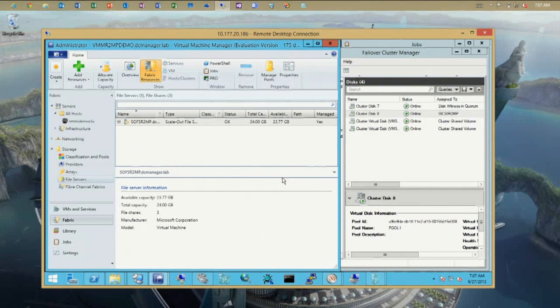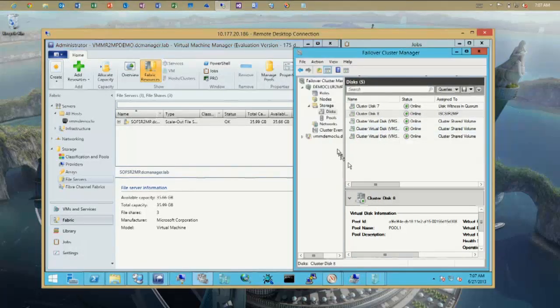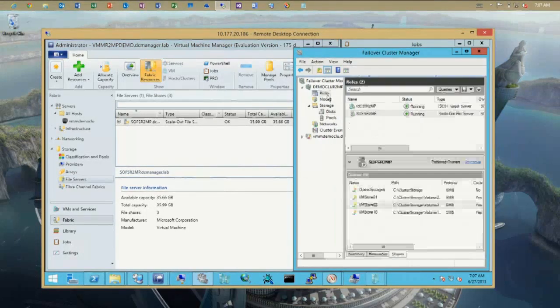So what's happening here is we'll actually do multiple steps. The first step we'll do is go off, get the pool, create a space. Once the space is created, it gets attached to the cluster. Once it's attached to the cluster, we then need to initialize, partition, format it, and once it's available at that level, we can add it as a CSV. We add it to the cluster, and we make it a CSV, or a cluster shared volume. So that's the disk that you just saw pop up there, and if I switch back to the roles,